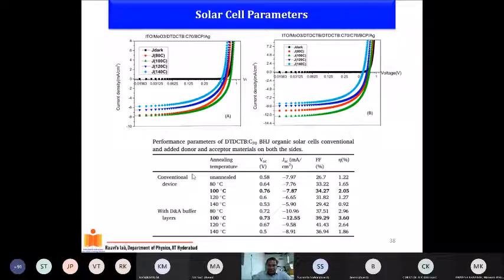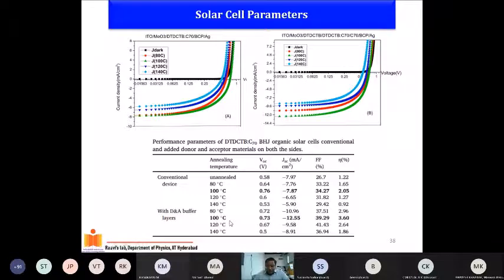In fact, if you look at how the fill factor is changing with respect to unannealed, unannealed is 26.7, and as you increase the annealing temperature, it goes to a certain height and then it comes back. So the fill factor changes along with the JSC and the VOC, and all these things have an impact on the overall device performance. In fact, for the best device, with a small change in the device structure by adding a buffer layer, we got up to 3.6%. Again, the highlight is the change in the fill factor and the change in the JSC, and this is because of the better morphology.